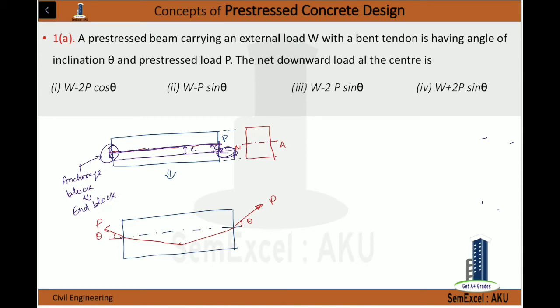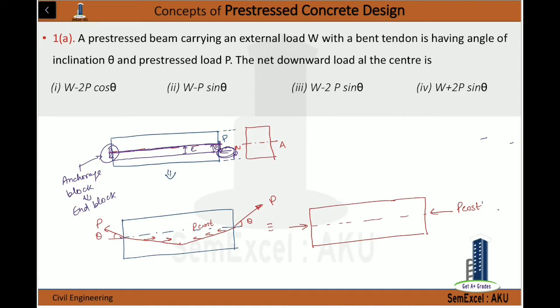So in that case, on the concrete everywhere there will be a horizontal component of force P cos theta. So this system can be represented as a compressive force equal to P cos theta. This P cos theta on the concrete will be compressive, but on the pre-stressing cable it will be tensile in nature. Now everywhere we have a P cos theta compressive force. These are all forces P cos theta.